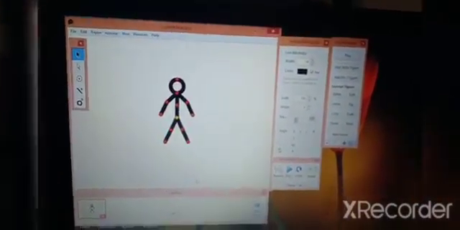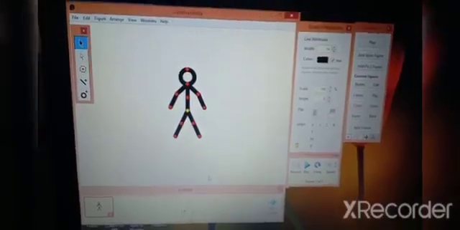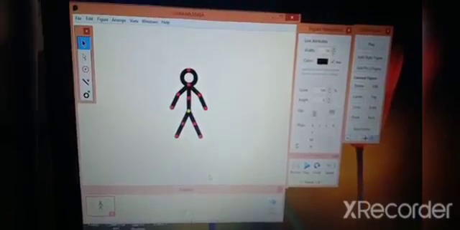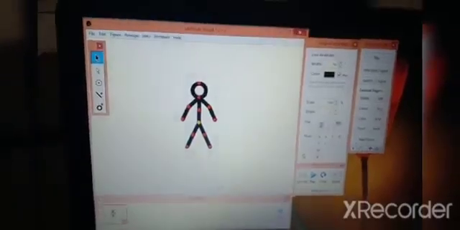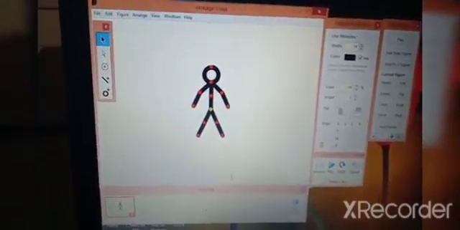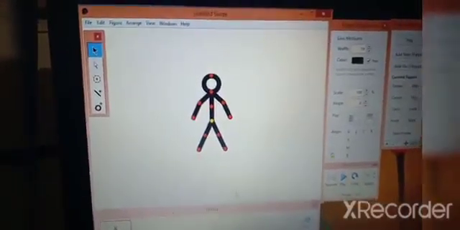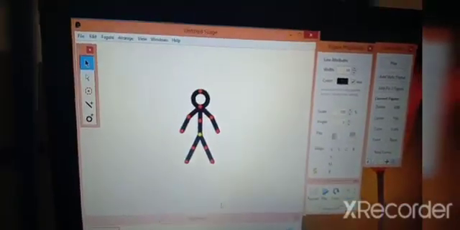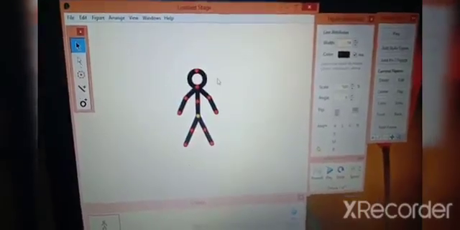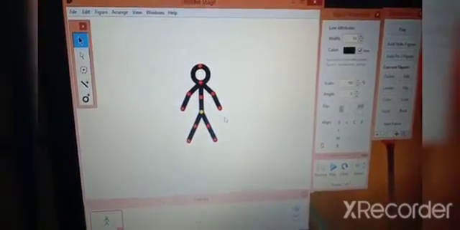Now just see what is coming on the screen. This is a default document, children. You have got one figure on the screen and 3 windows. So we will see first which are these windows. Now first we will see the main Sticks interface. This is the main window. This blank area is your stage, where you are going to give an animation.